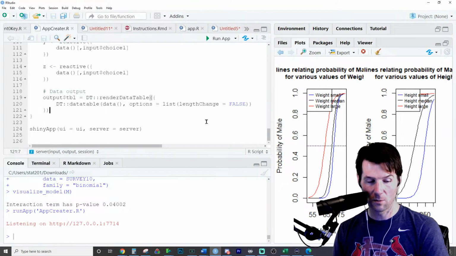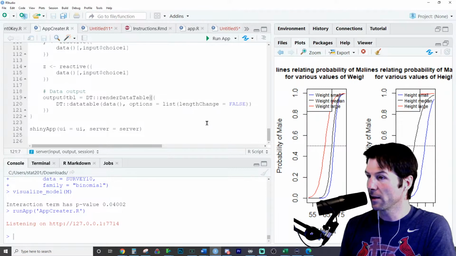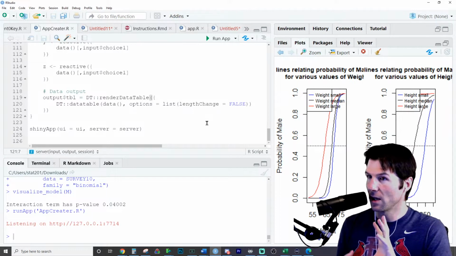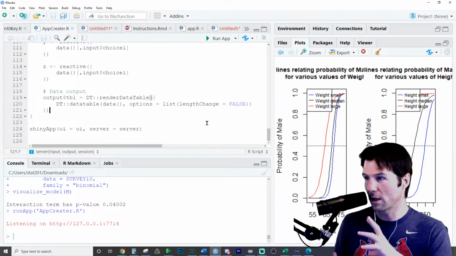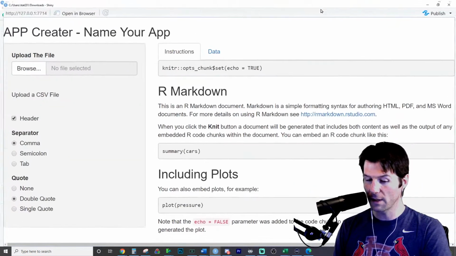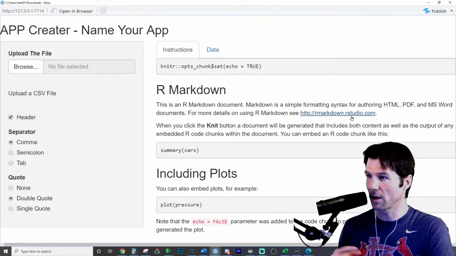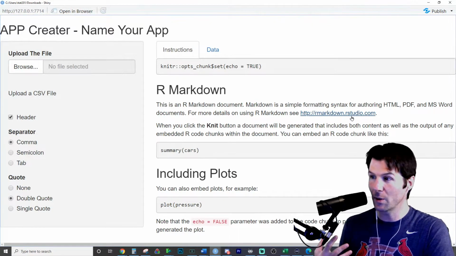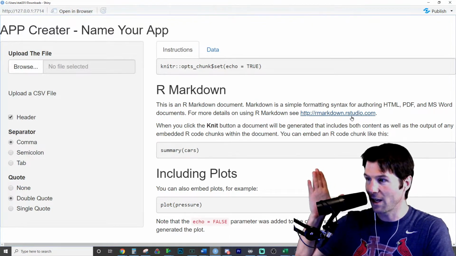But I give you basically 100 lines of code right here that you can utilize in your Shiny apps to create your own Shiny apps with it, to where you can run the app, you can load in the data, and your first group assignment will be going over this and building things here, building pages, and making your own apps to analyze data.